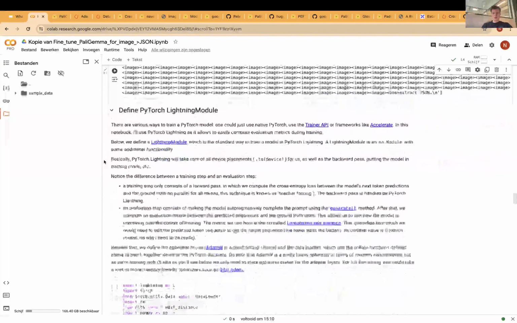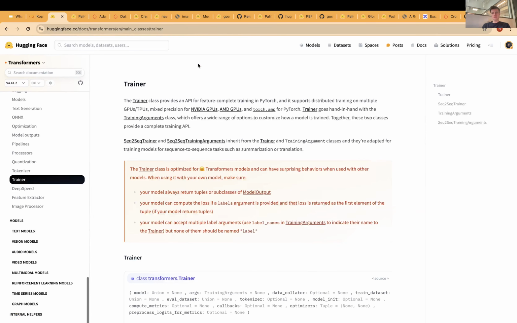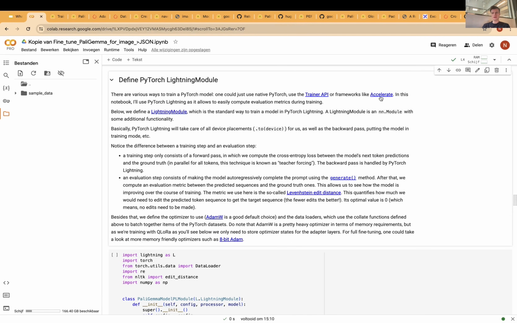Alright, so once we have defined the PyTorch datasets for training and evaluation, and the corresponding PyTorch data loaders, it's time to train a model. For training a model in PyTorch, there are very different frameworks which you could use. One popular option is the Hugging Face Trainer API, which provides an API to train models specifically optimized for models in the Hugging Face Transformers library. Alternatives include Hugging Face Accelerate,